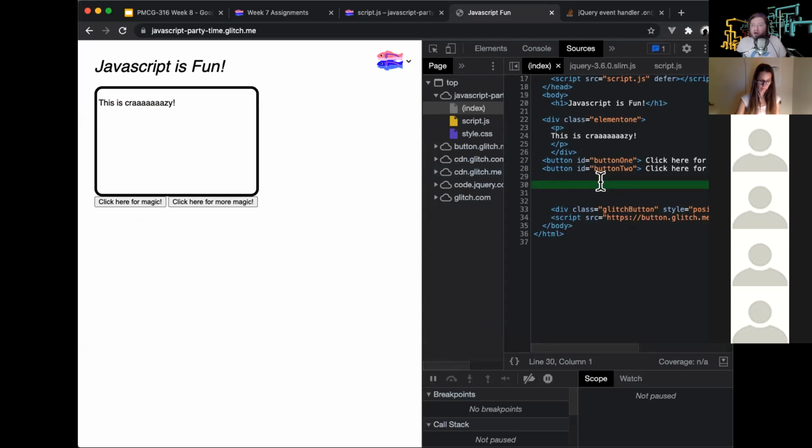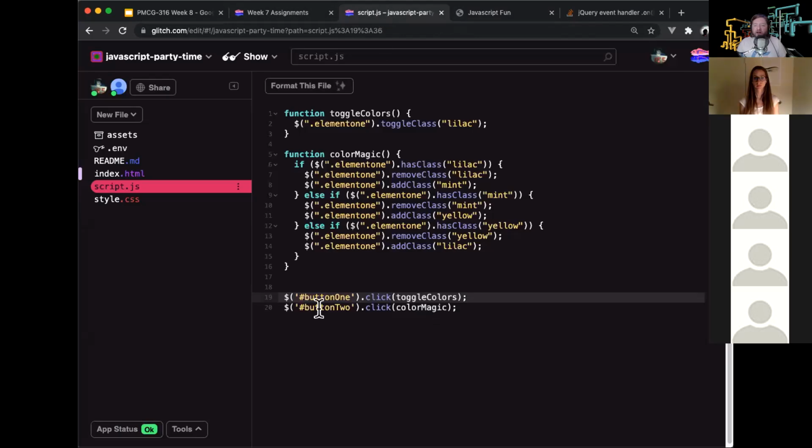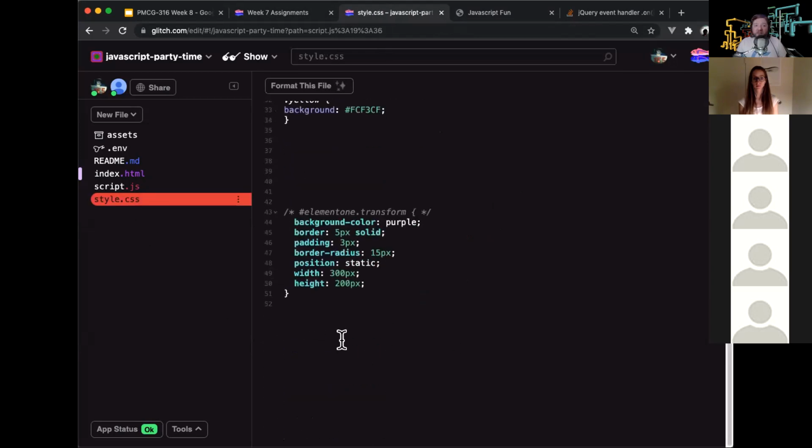No. Name is an entirely different attribute. The name attribute comes more into play when you're working with forms. But the hash always refers to ID and only to ID. So the way to select something by its ID in jQuery is basically exactly the same as it is in CSS. If I wanted to select that button,